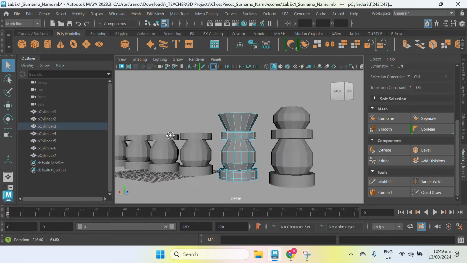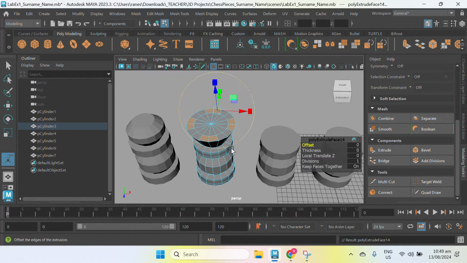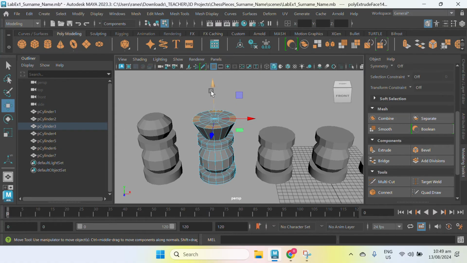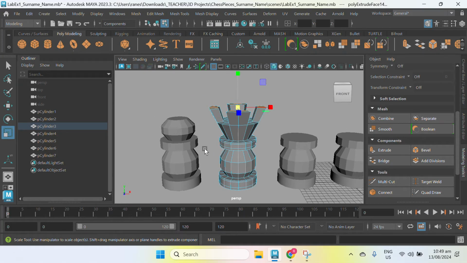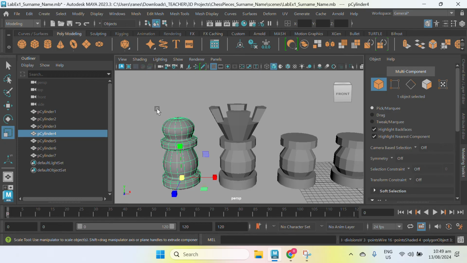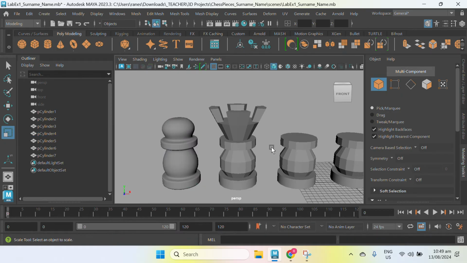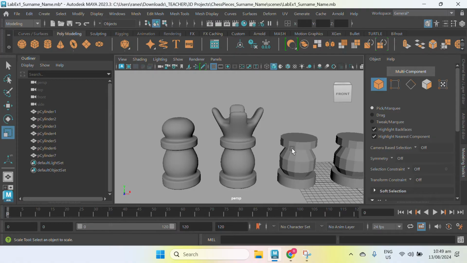Verify the selected faces. Next, extrude, W, arrowhead upward, rescale, click and drag to the right. Okay? Make sure that the rook is taller than the pawn. Next, go back to object mode. So here I will just press 3 to see the smooth preview. Same with this one, 3 for smooth preview.